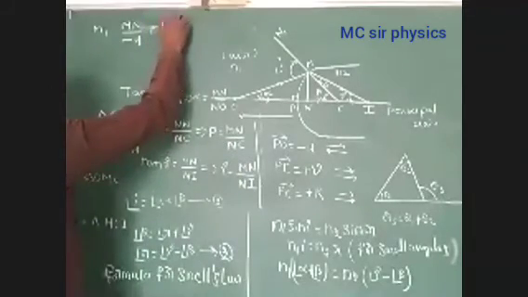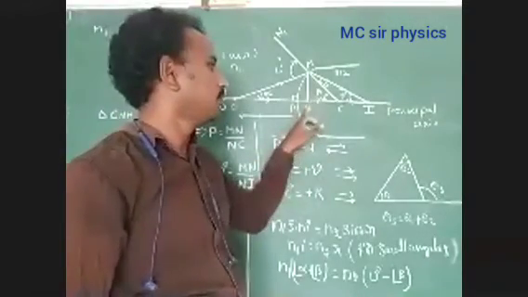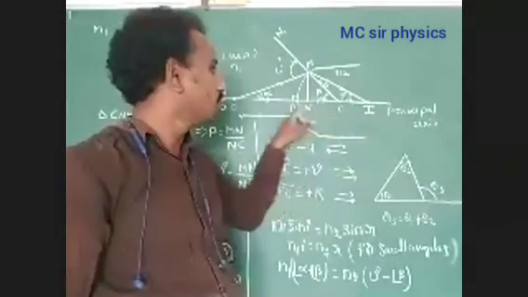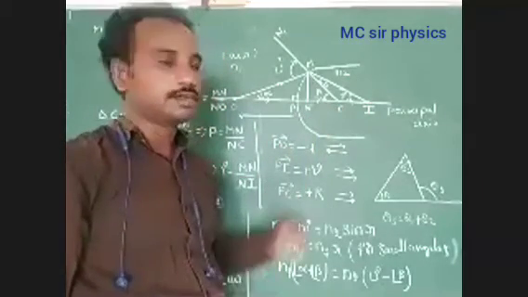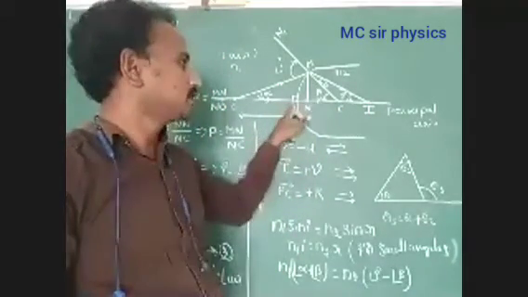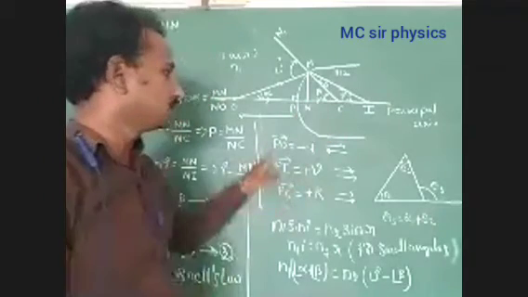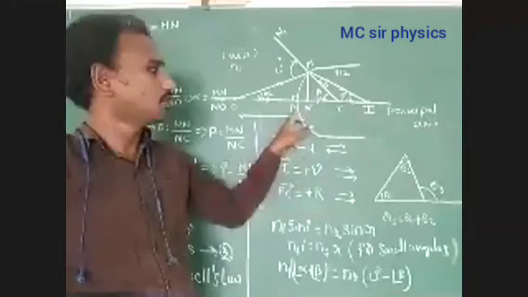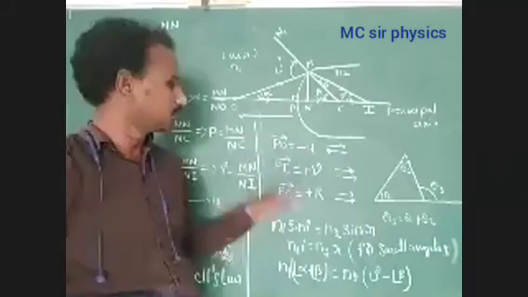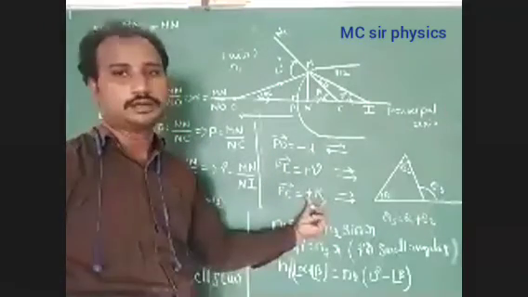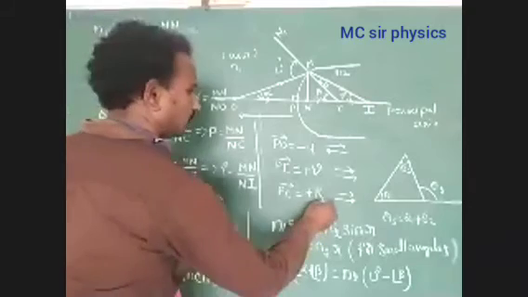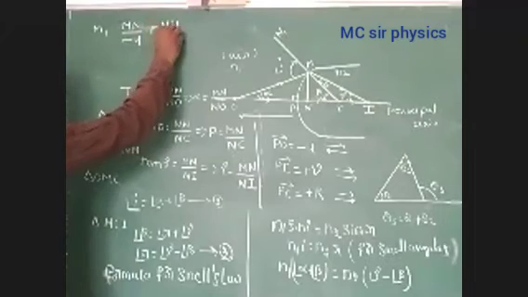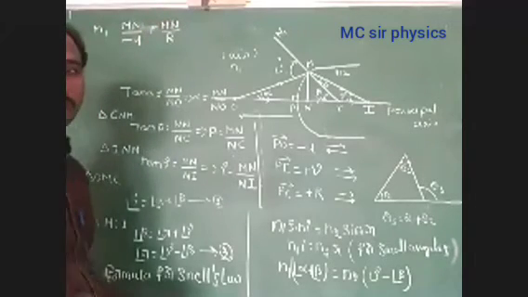MN by NC. For the NC value, you have to calculate the distance from N to C, equal to P to C, for small angles. That distance is the radius of curvature, equal to NC. PC is approximately equal to NC distance. Here the PC value equals plus R. So you have to represent the PC value as plus R. Understood?